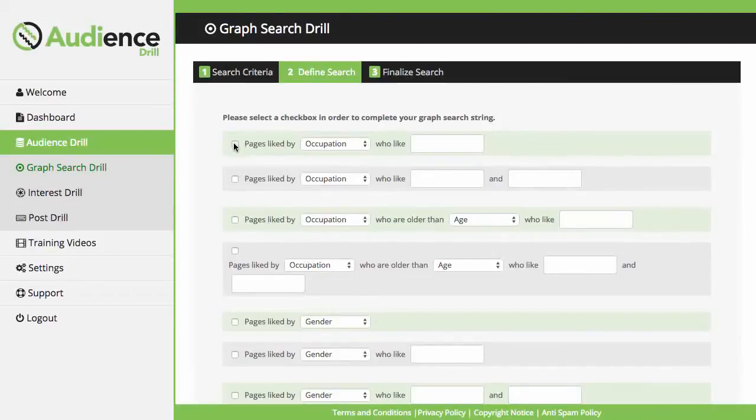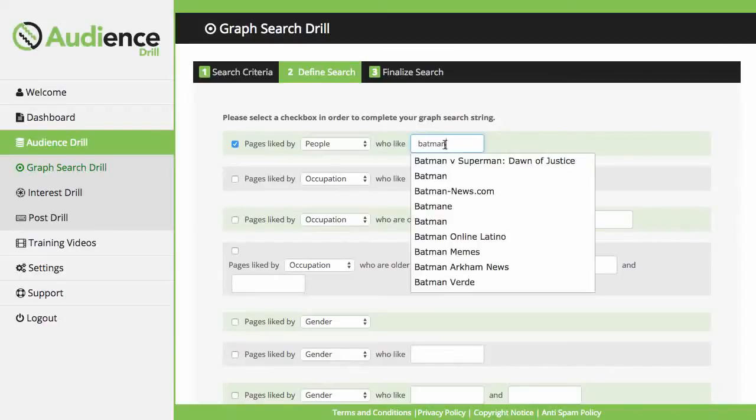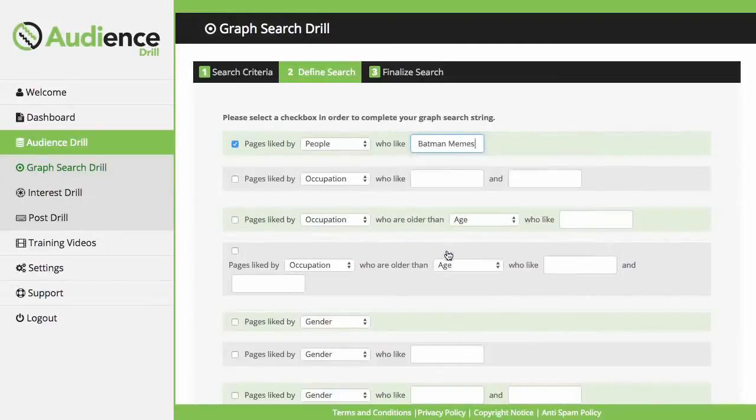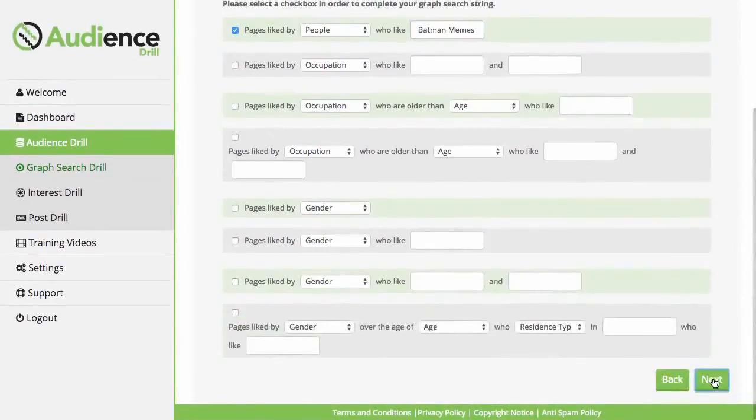So I'm going to go ahead, I'm just going to use the first one for the purpose of this video. Select people, and this is directly tied in with the Facebook API. So when they start typing in their keyword, it's going to go and pull Facebook pages directly from Facebook. So I can go ahead and let's say Batman memes. Okay, click on next,